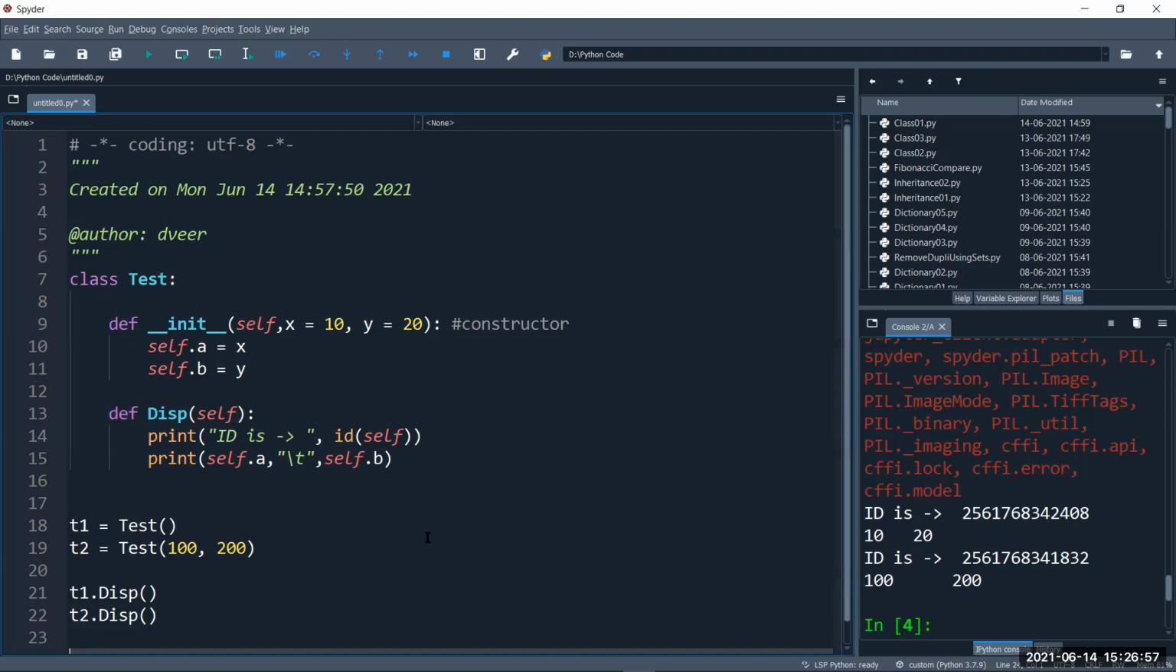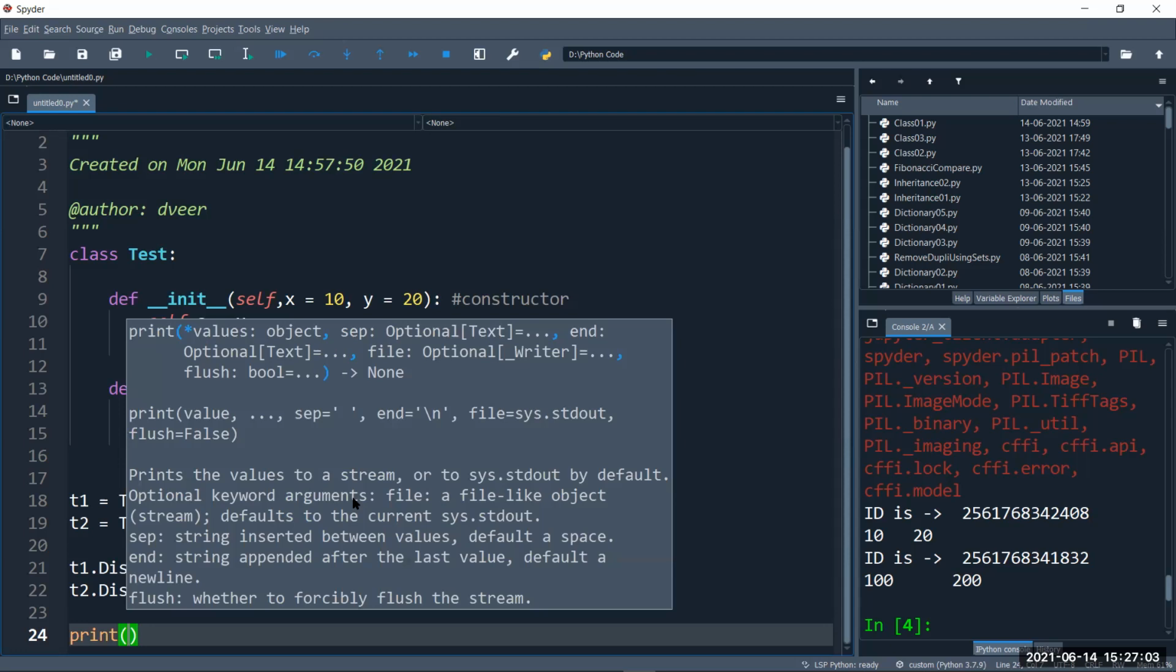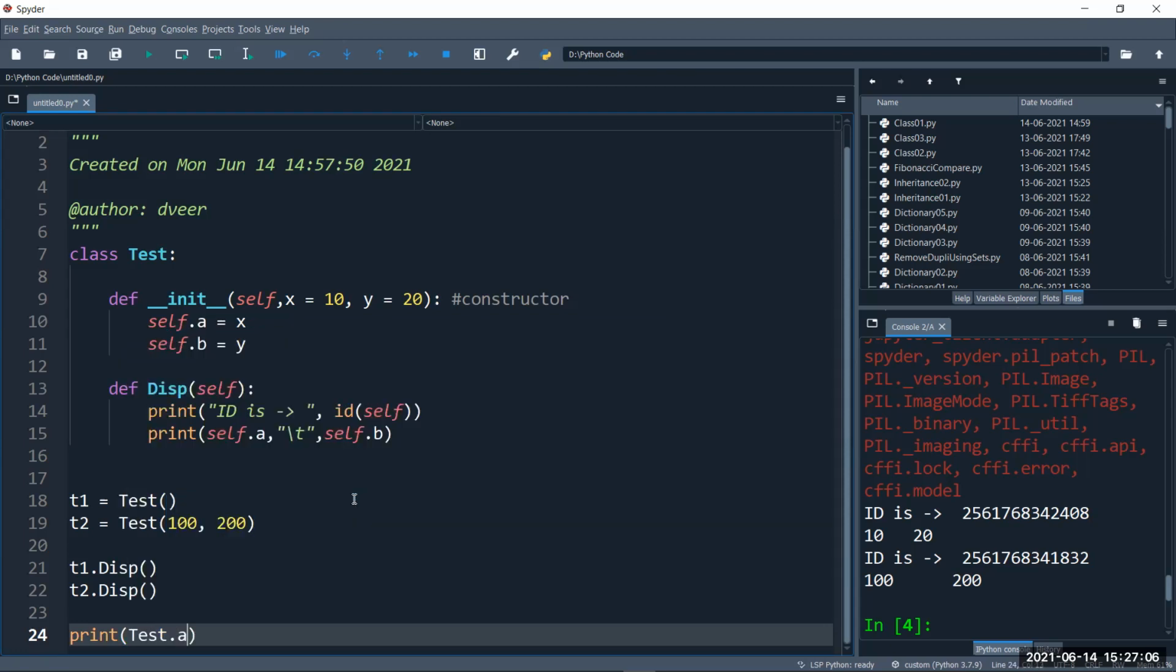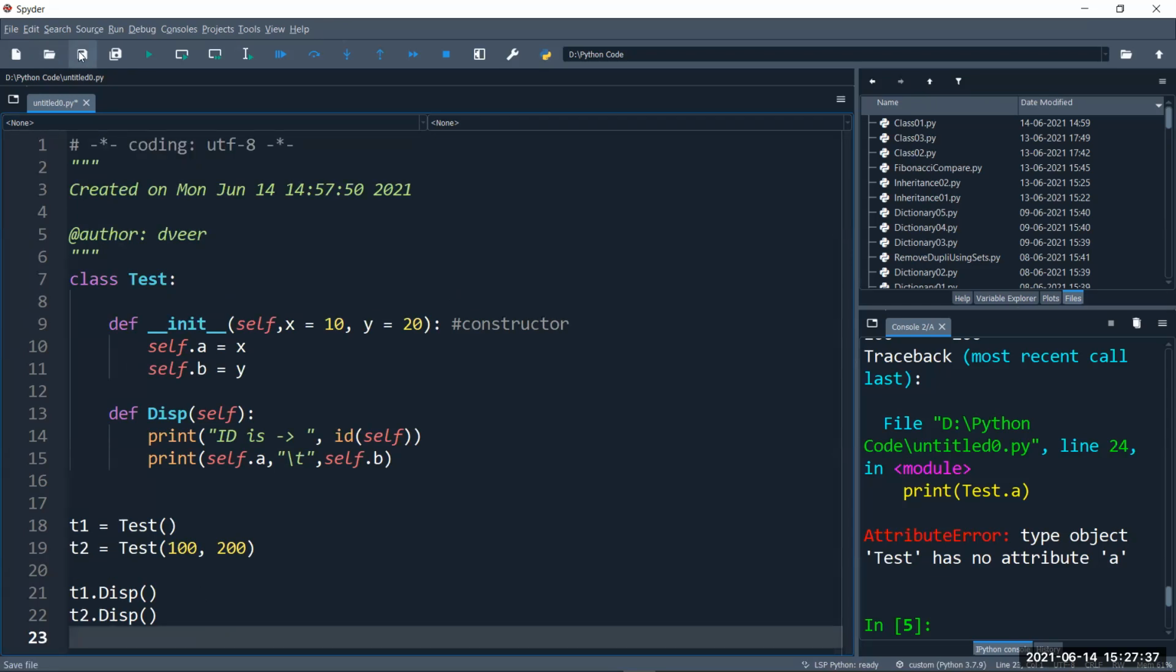For example, have a look here. If I write here print test.a, will it work? Print test.a. It won't work. Why? Anybody? Do you have any idea why it's not working? Okay, well, I'll explain it to you. Let us save this